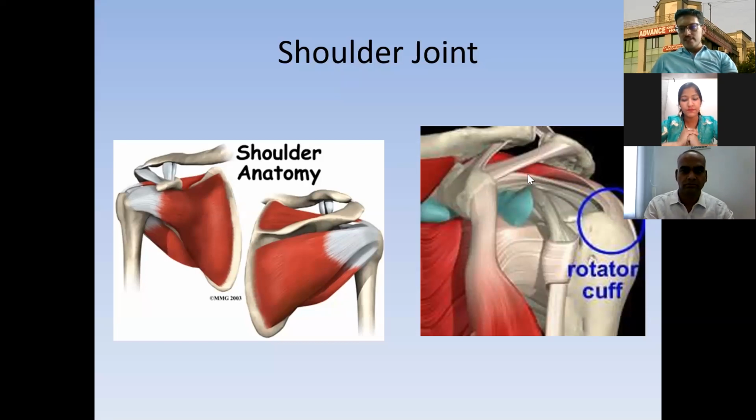And this structure is the most important muscle. This is called the supraspinatus muscle, and this is the most important muscle of the shoulder, and the most commonly injured muscle. Rotator cuff tears, supraspinatus tears are very common, and they are due to injury to this muscle, and it is usually torn from the head of the humerus.